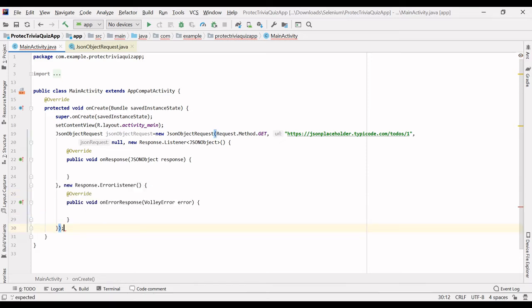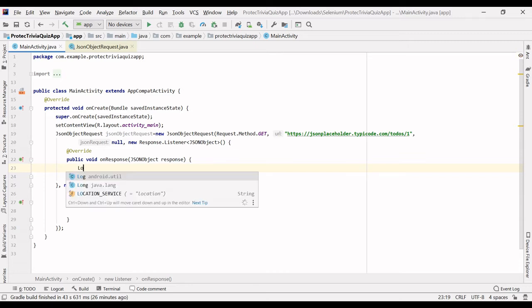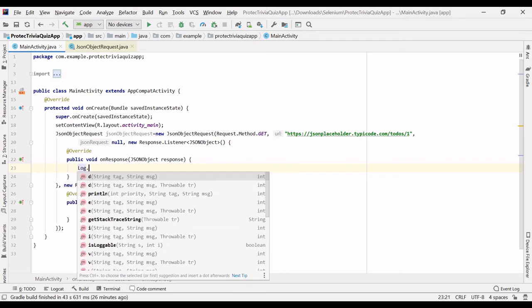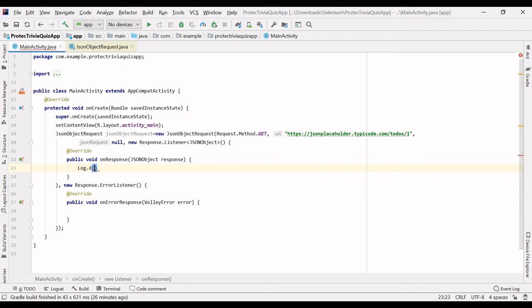So just close this, and we can log our response on the console so that we can see the response.